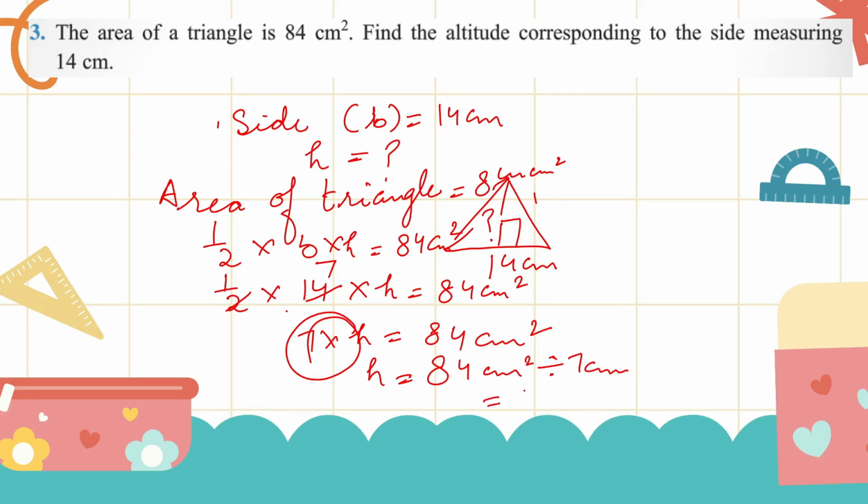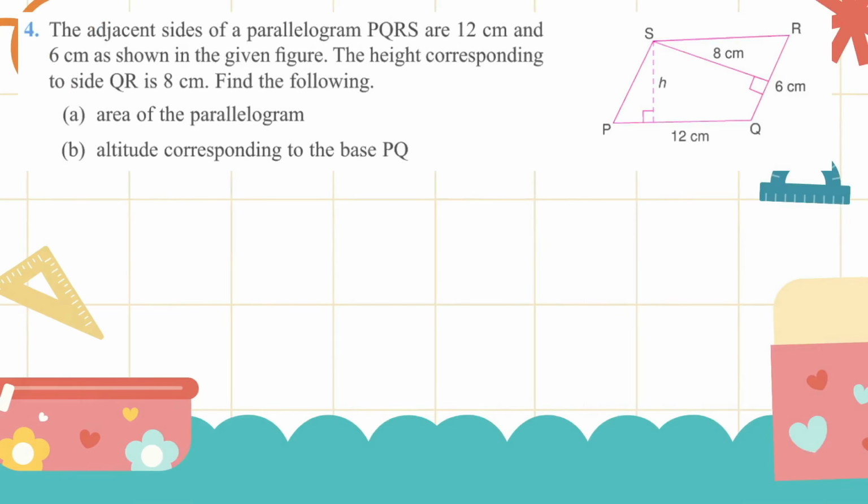So our answer is 12 centimeter. So height of this triangle is 12 centimeter, means altitude. There is no difference between height and altitude. These are similar things. Now we can use different names. In the next sum,